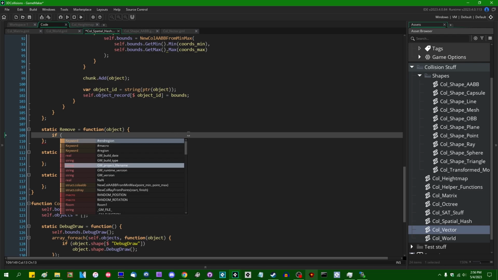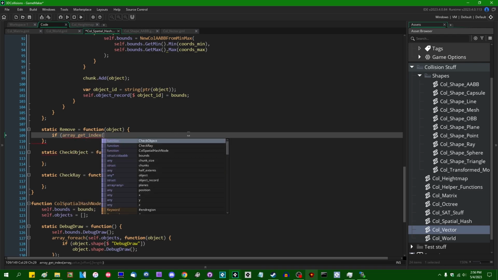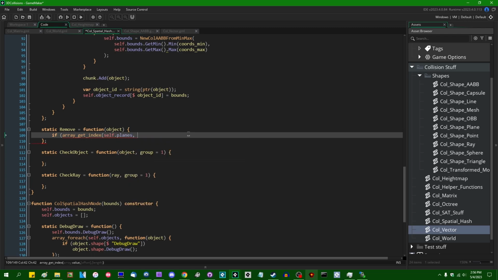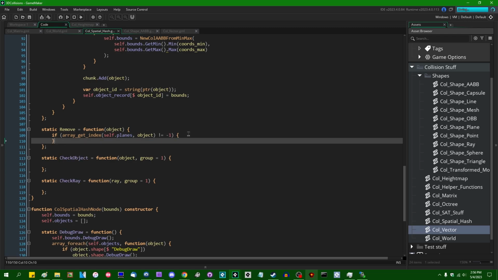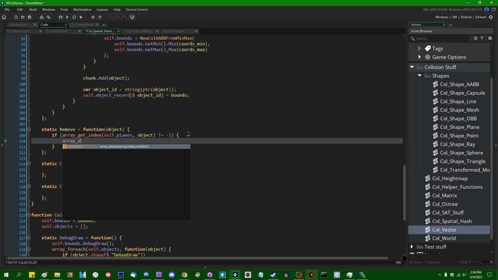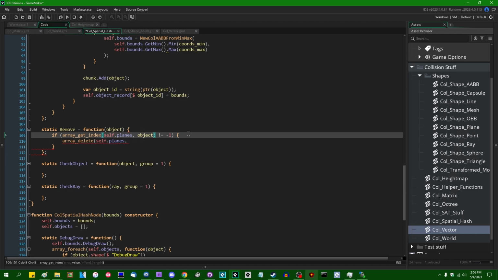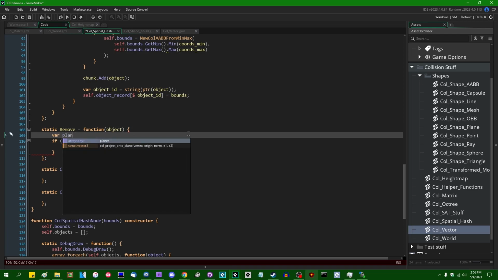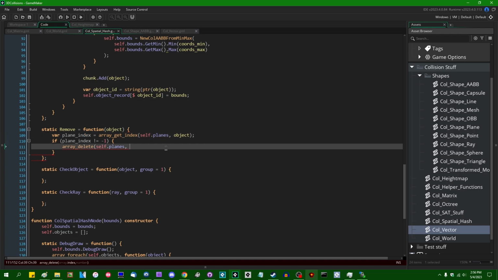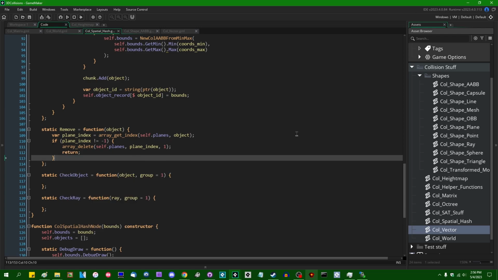So if array get index in the self.planes list of objects is not equal to -1, then we can array delete from the self.planes list. I suppose it would make more sense to save that as a variable and use the variable instead of calling the function twice. So if the object exists in that list, we can simply delete it and return